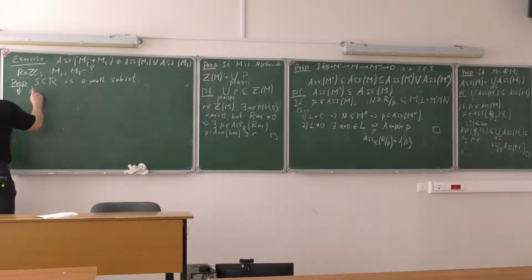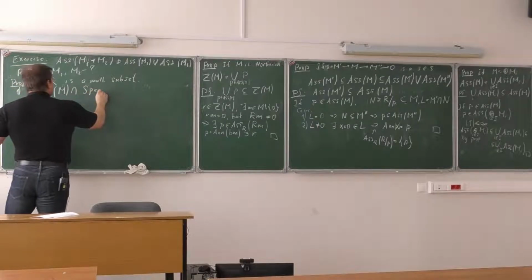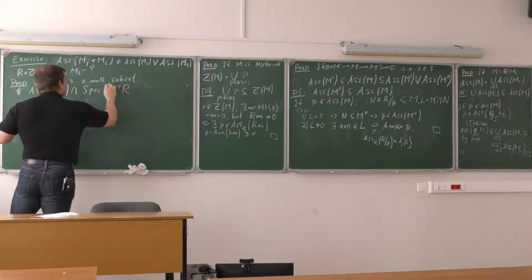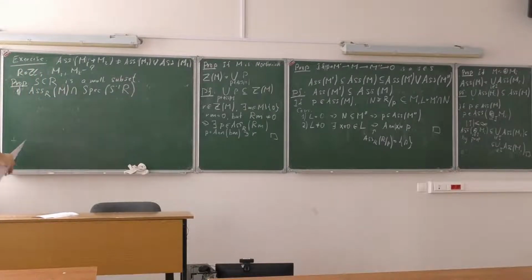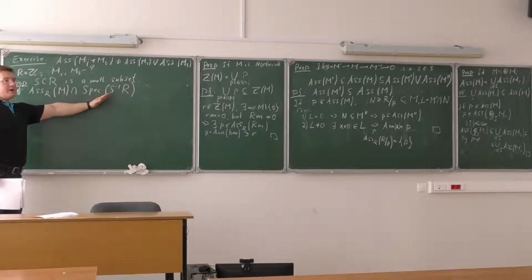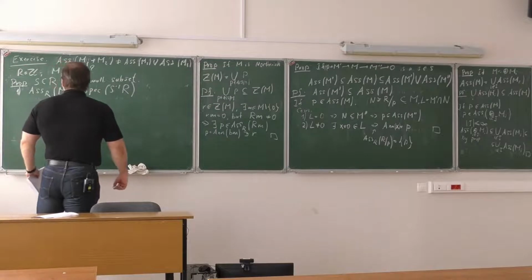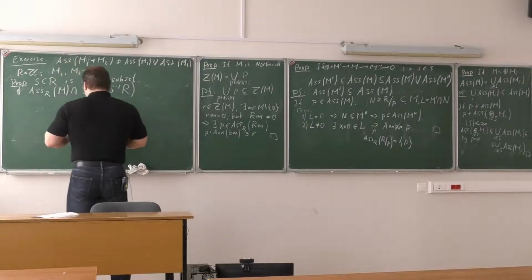So first statement, if you take associated primes over the ring R and intersect this with the spec of the localization, well, of course the question is how I can think about this as two subsets of one set. Well, this is the correspondence theorem for the localization. So what are prime ideals in this localization? Well, these are precisely the prime ideals in the ring R, such that they don't intersect with the multiplicative set S. So I take this intersection inside the spec of R,